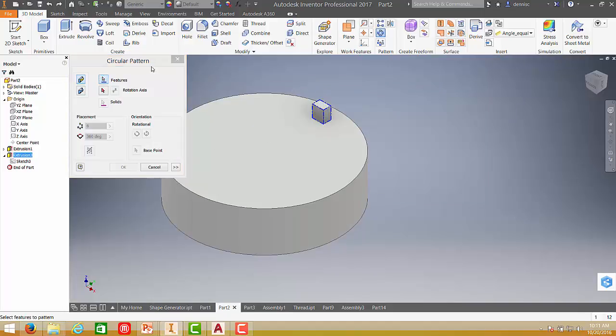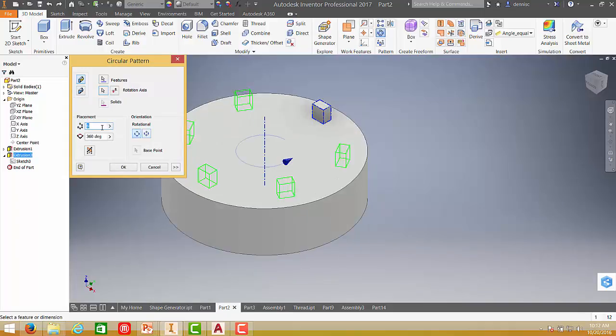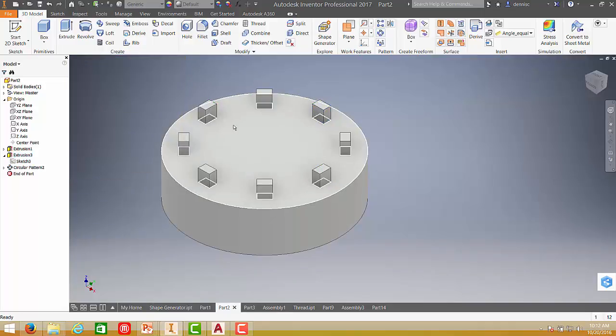I'll select this one and then I'll select the rotation axis and set how many patterns I'd like. So I'll just make 8. So now I have my pattern for this feature.